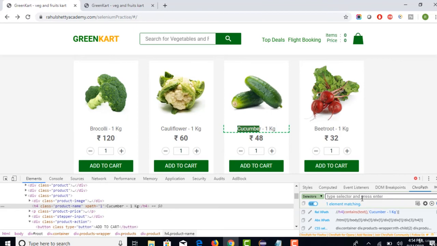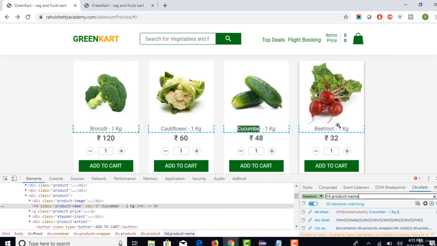If you want to get CSS based upon the class name, the syntax is tag.classname, so h4.product-name. Perfect. When you hit enter, of course you will again get 30 elements matching, because every product has the same class product-name. You see that broccoli is highlighting, cauliflower is highlighting.